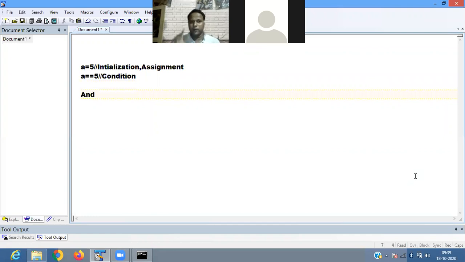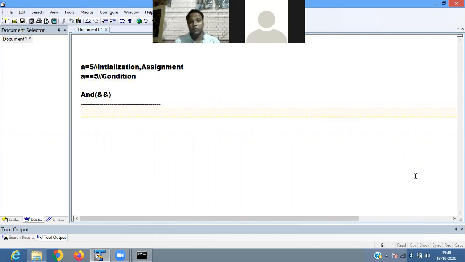Programmatically it is defined with this symbol, double and symbol. It is comparing two, or more than one, statements. So here we have to take an example by taking two statements.